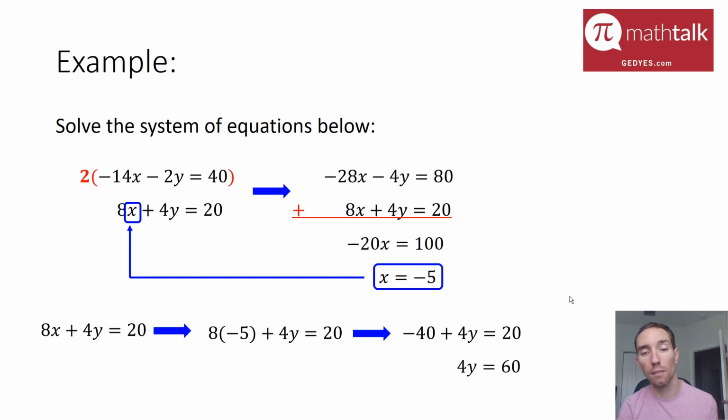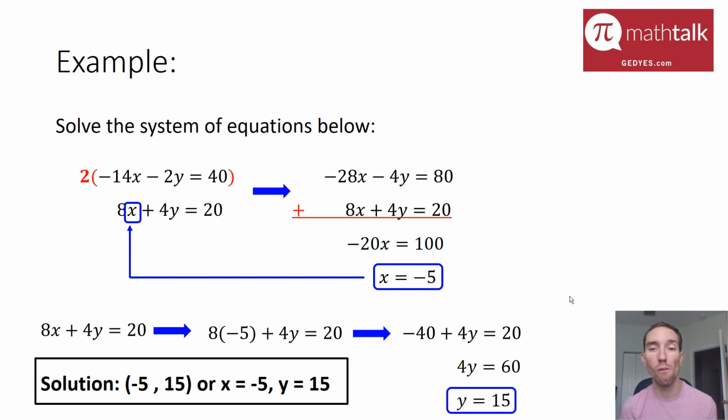And then I'm just going to divide both sides by 4, and I get y equals 15, which is the second part of the overall solution, which is the point negative 5 comma 15, or x equals negative 5 and y equals 15. So I hope this helps as you get to looking at solving systems of equations using the elimination